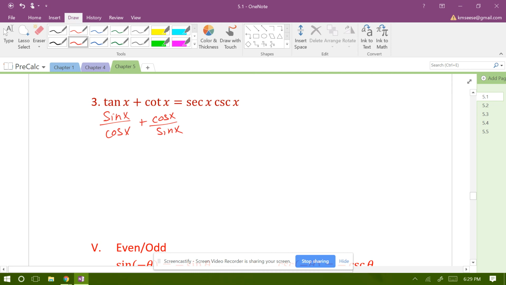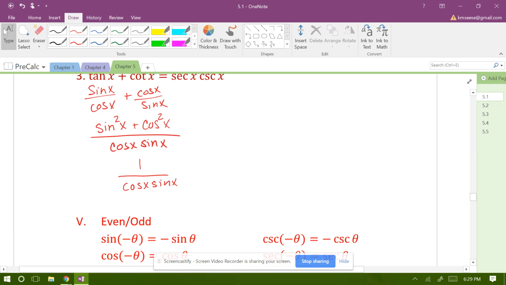Now I need to find my common denominator, being cosine of x times sine of x. To get that, I had to multiply the first fraction by sine, so the numerator becomes sine squared of x, and the second by cosine, so this is going to be cosine squared of x. My numerator, sine squared plus cosine squared, is my Pythagorean identity. So I have 1 over cosine of x times sine of x,